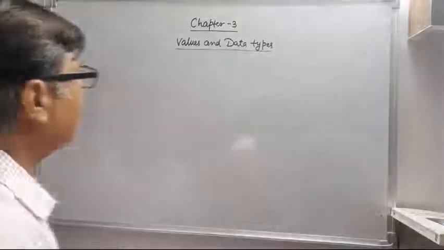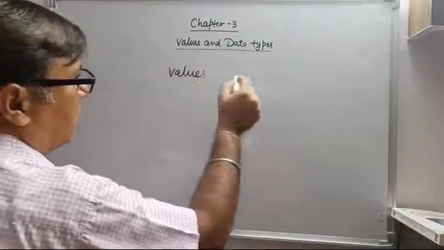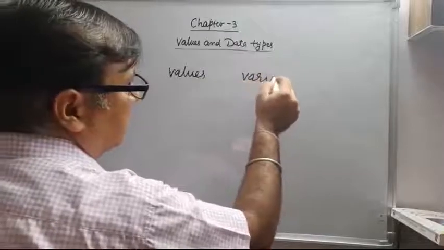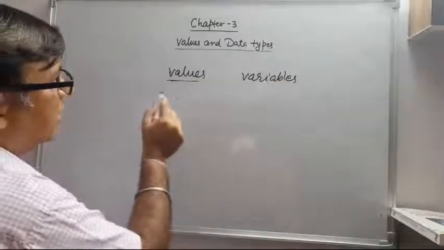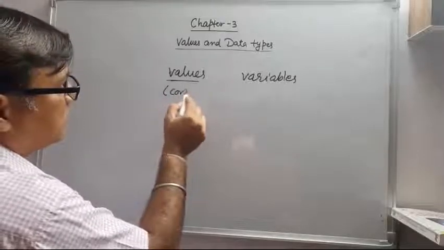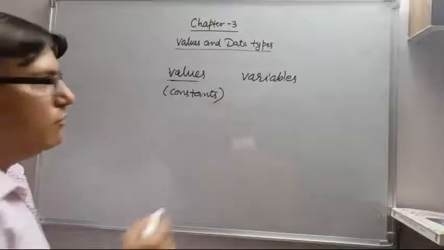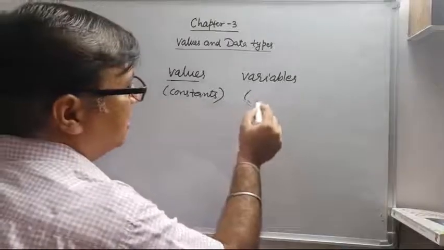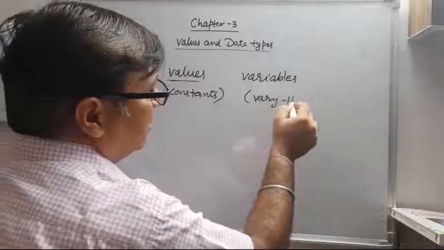Now in the Java language there are some values and some variables. Now what are the values? Values are the constants which do not change their value, and variables vary their